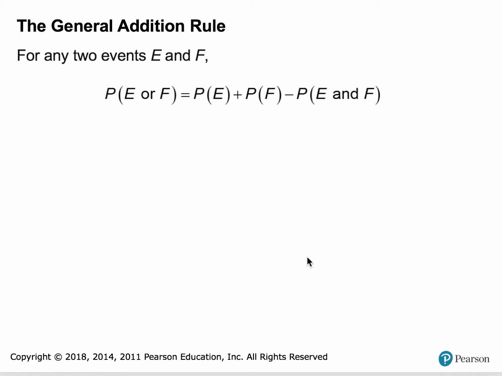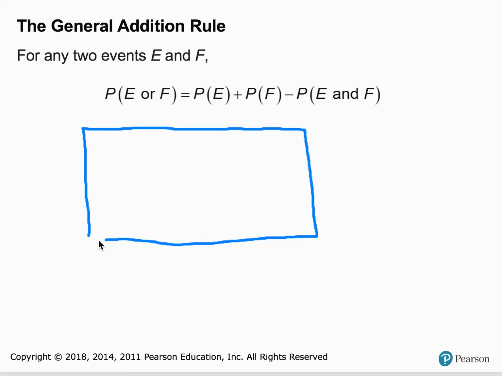So what happens when you need to compute the probability of 2 events that are not disjoint? They didn't have a nice Venn diagram on these, so we'll just draw one, if I can get a pen, gotta have a pen to draw, to show what that means. Let's talk about rolling a single 6-sided die,